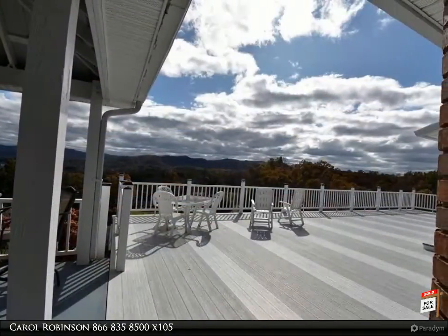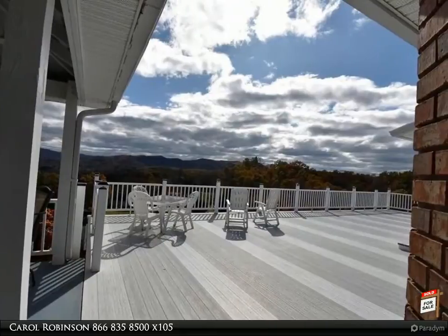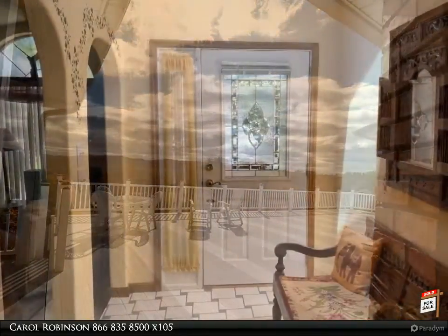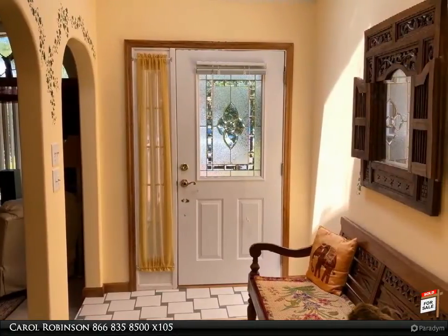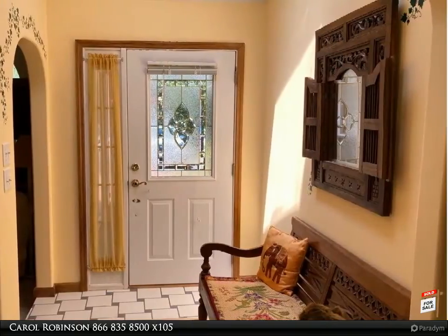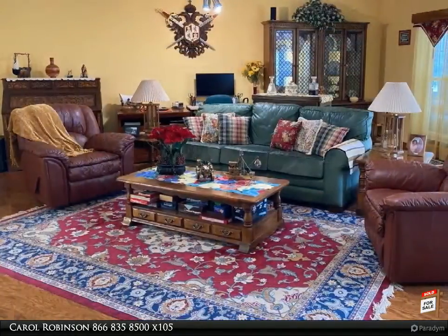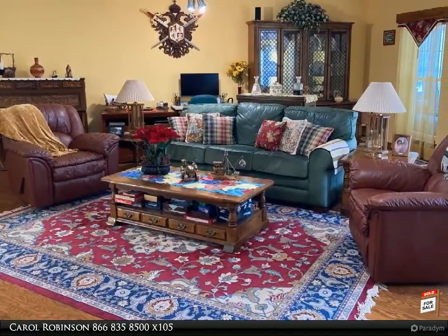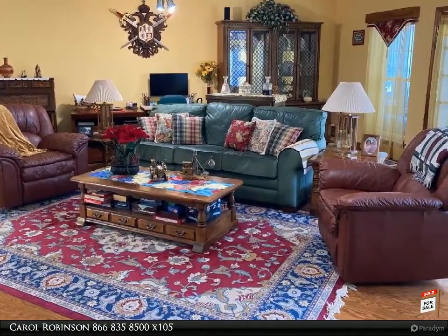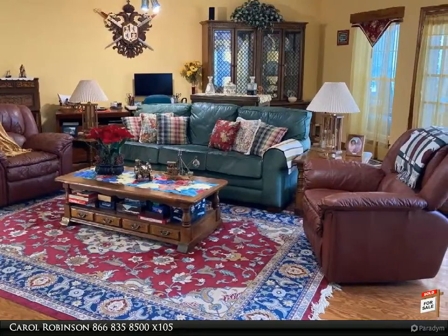Large master bath with hot tub and separate shower with multiple heads and a bidet, huge walk-in closet, and connects to the laundry room. Custom features include arched entryways, 12 inches exterior foam walls, 2 hot water heaters, gas and elect, 2 zoned HVAC, 2 stoves, gas and elect, whole house fan, detached garage workshop can easily be converted to